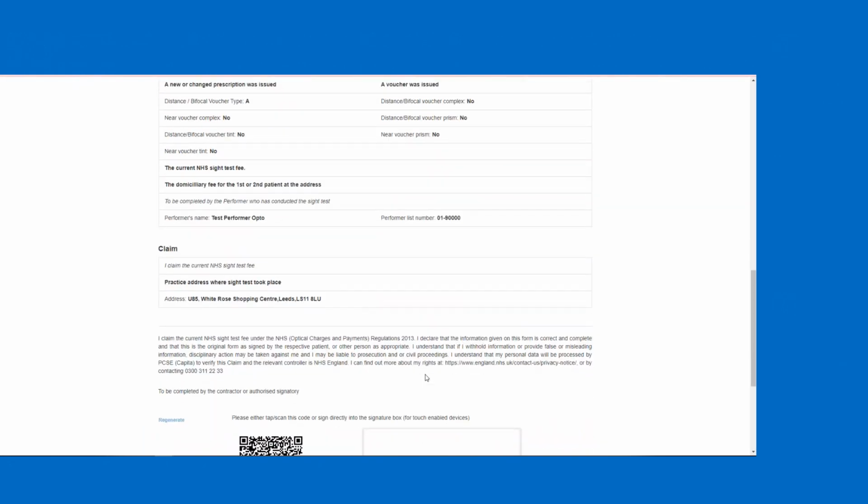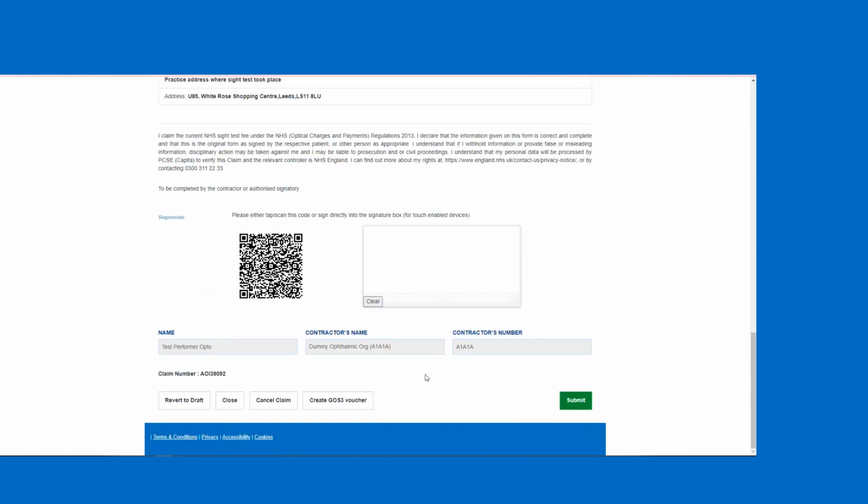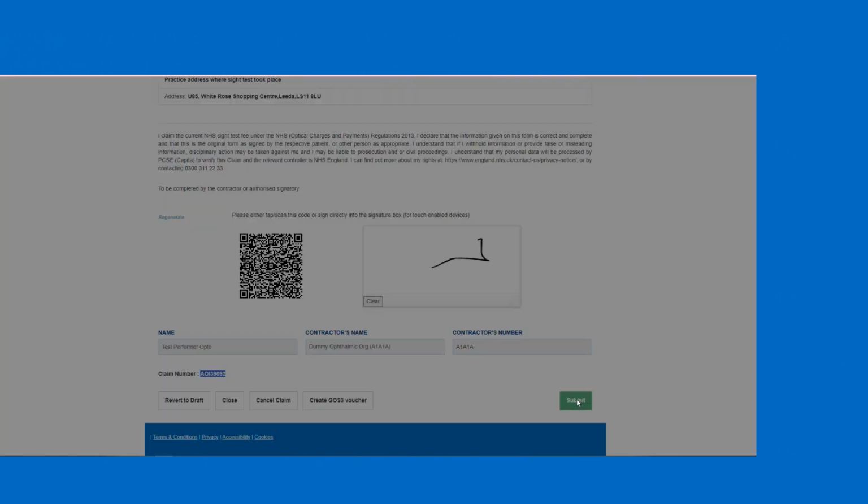And then again, because I've got the contractor and the performer set up as one, I can sign both elements and get this submitted through. And then I can either create a GOS3 voucher off the back of this or create it when I've submitted this claim. So if I take a record of this claim number here, I submit this GOS6 and I've gone